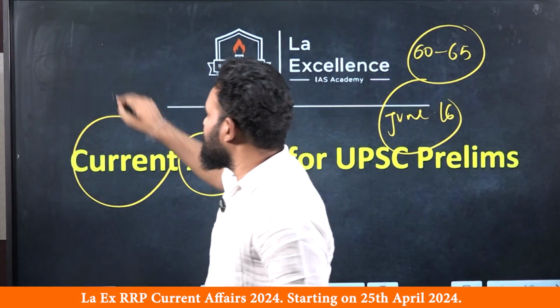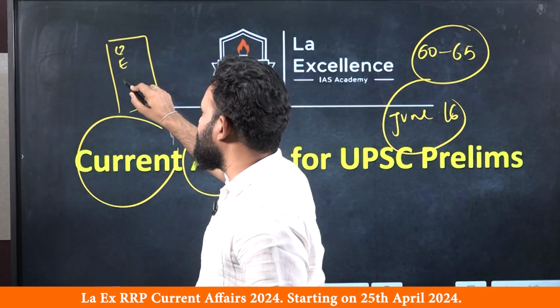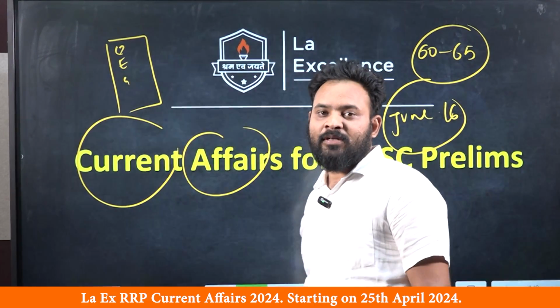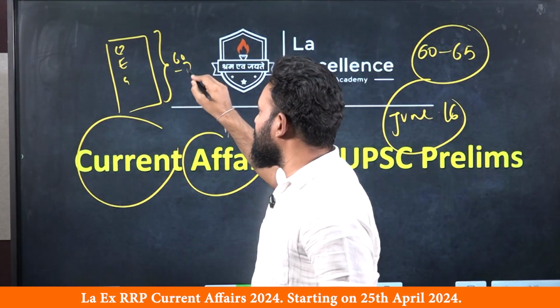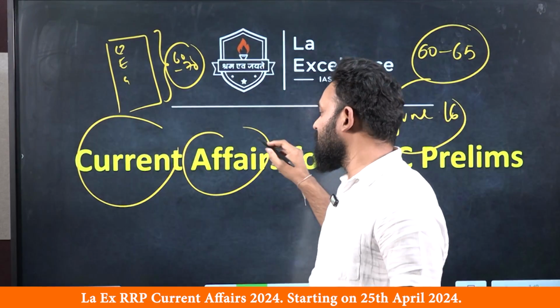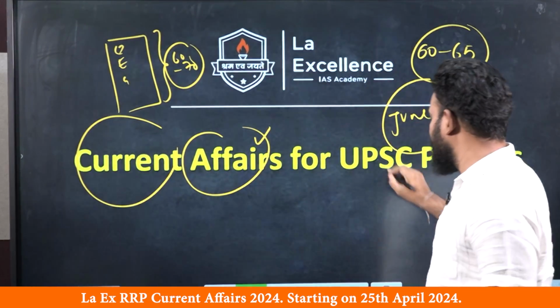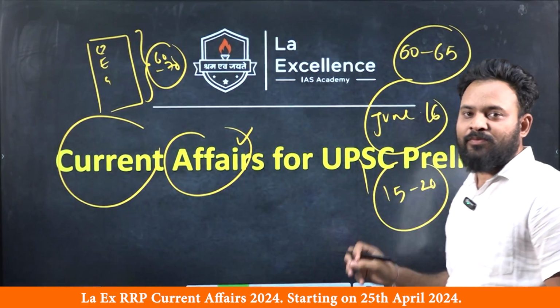You know, manaki 6 subjects unnai: polity, economy, history, geography, environment, science and technology. These are the basics. Like maybe around 60-70 questions will come from these basic subjects, but the remaining questions are coming from current affairs. So around 15-20 questions do come from current affairs, and current affairs plays a very important role